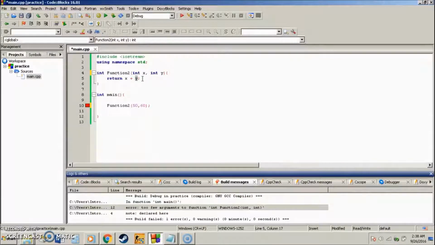Now, x and y aren't declared, but when I called the function in my main function, I passed through the value 50 for the first element, and then I passed through the value 60 for the second one. So, if that makes sense. When I call this, I should get 110, because I'm doing x plus y, and x, which was declared in function 2, is set to 50, and y is set to 60. So when I run it,